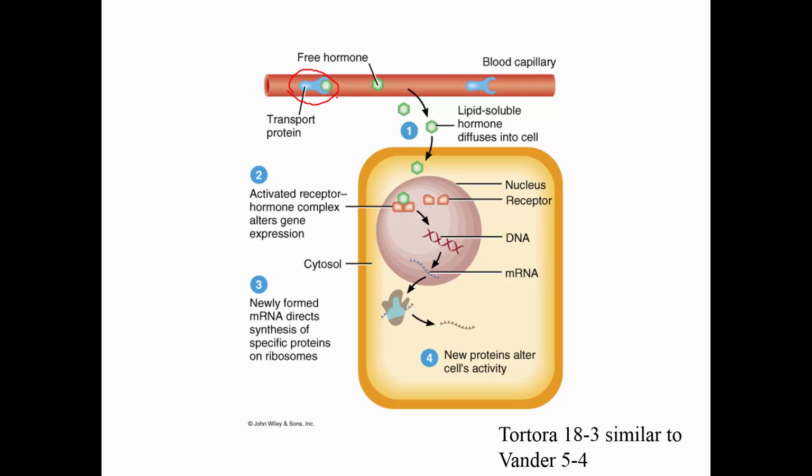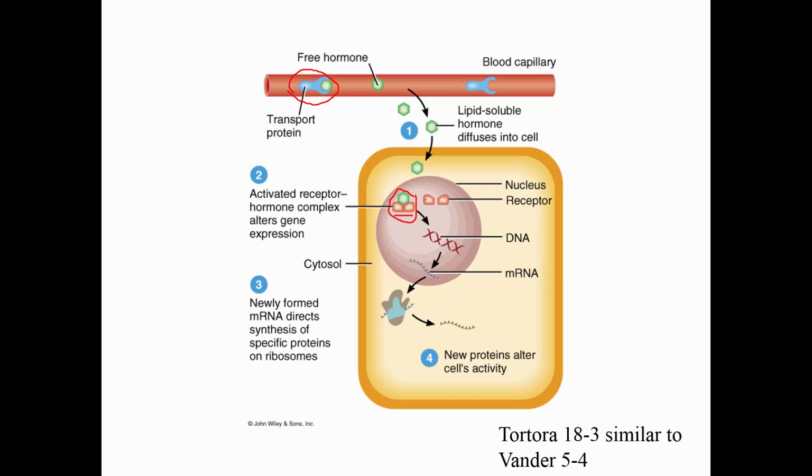The transport carrier gets the hormone to the target, but then we have to have a dissociation. The lipid-soluble hormone then can diffuse into the cell and find an intracellular receptor, and many times that receptor is actually in the nucleus. And what you see are two protein parts that come together as a dimer and then bind to the steroid. This is not an unusual way. So estrogen certainly works this way. Progesterone certainly works this way. The complex then finds a hormone-sensitive element on the DNA that promotes transcription of the DNA into messenger RNA.